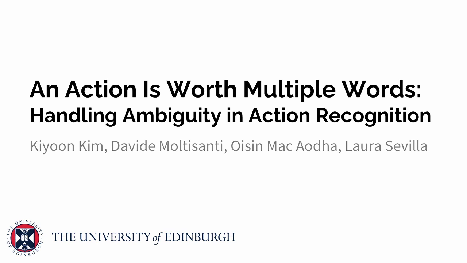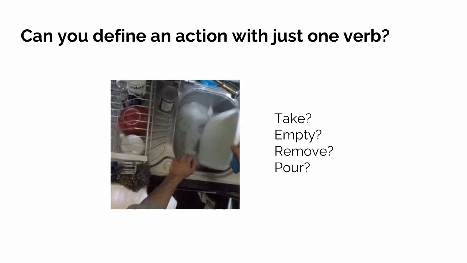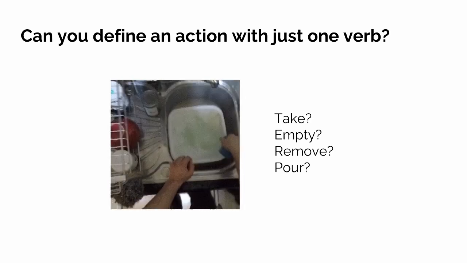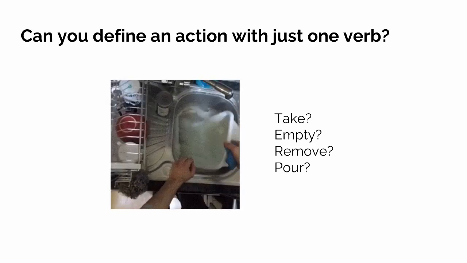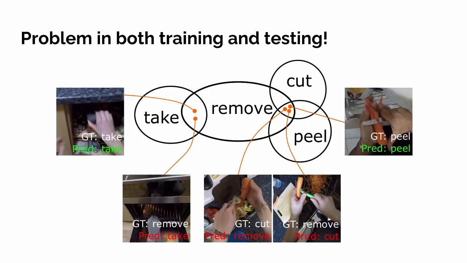Today we're going to talk about a novel action recognition problem in relation to ambiguity in labeling videos. Can you annotate an action using only one verb? The person in the video is taking the basket, or you can say they're emptying the basket, removing the water, or pouring the water. We observed that this kind of issue exists throughout the dataset, causing difficulties in both training